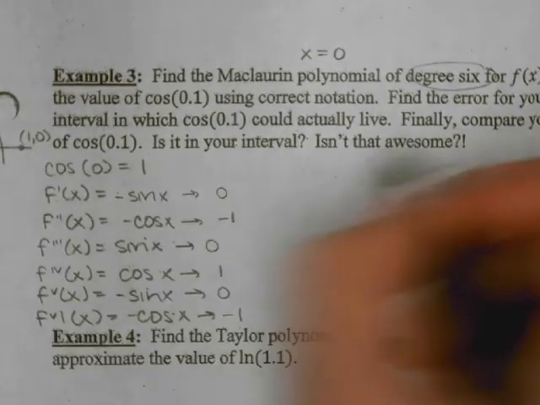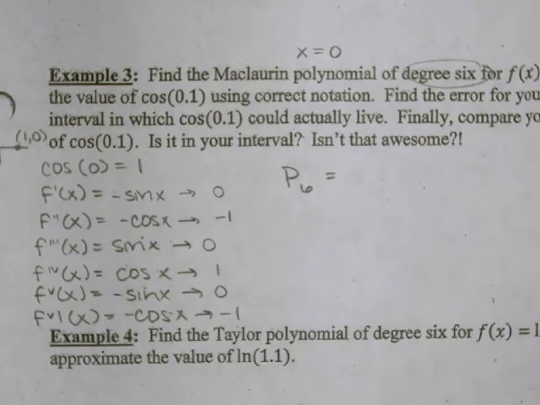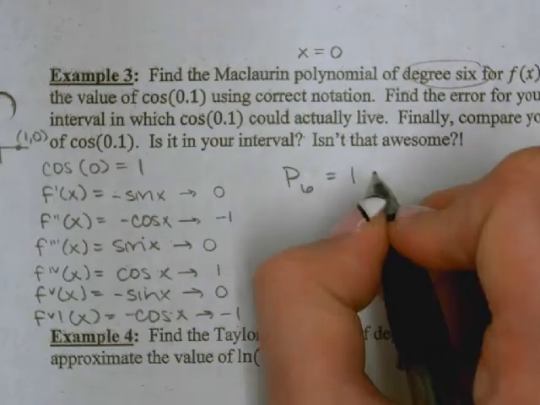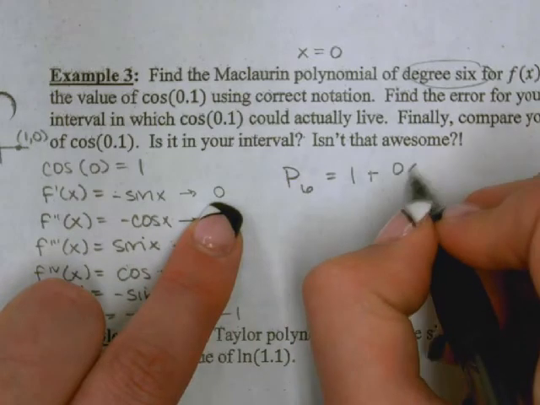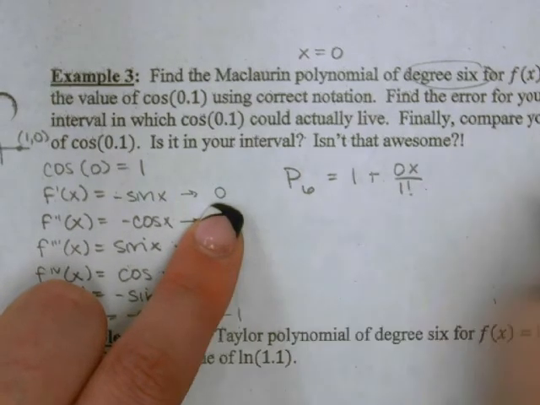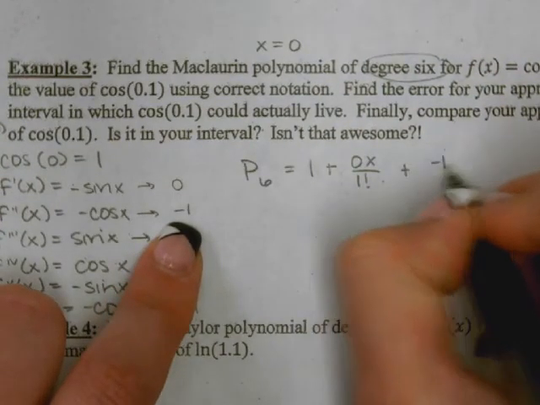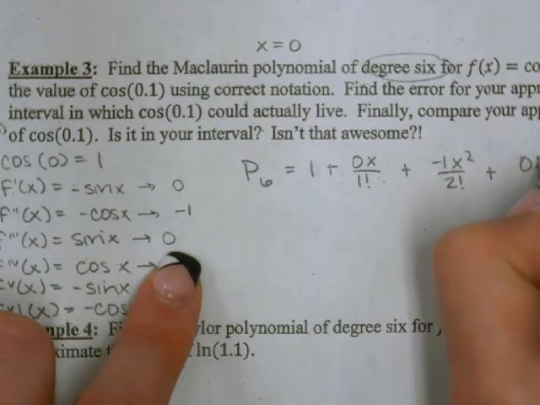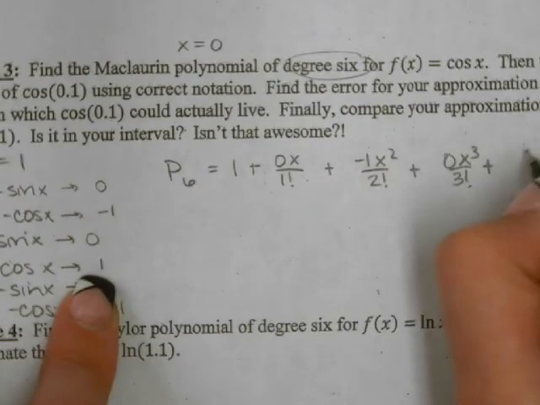Okay, so for the MacLaurin series, we start with this one, 1, plus the first derivative evaluated at 0 times x divided by 1 factorial. I guess you don't really have to put the 1 factorial, I'm just following the pattern. Plus negative 1x squared divided by 2 factorial, plus 0x to the third divided by 3 factorial, plus 1x to the fourth divided by 4 factorial,